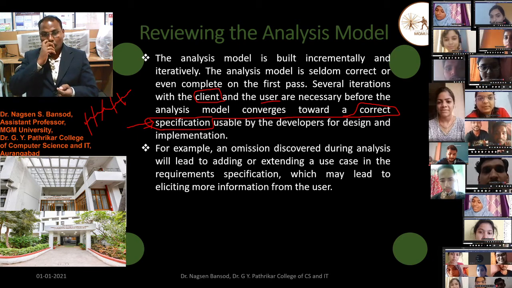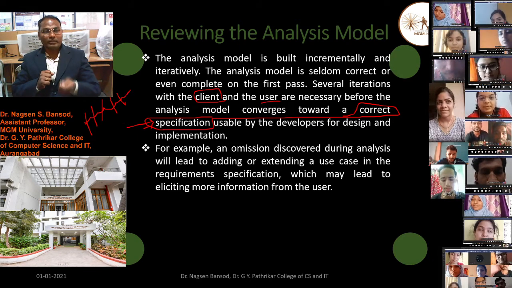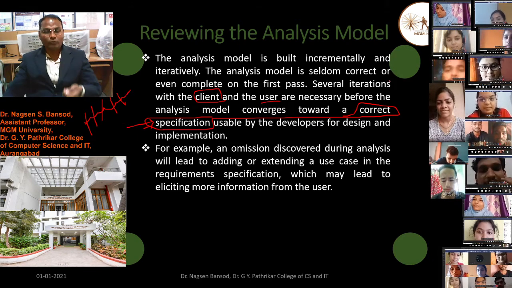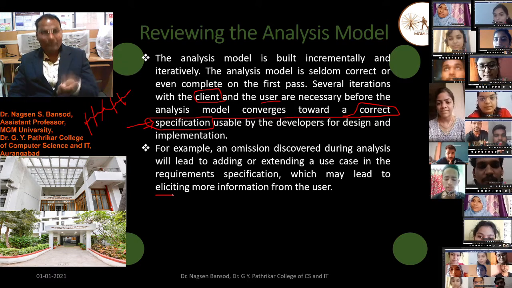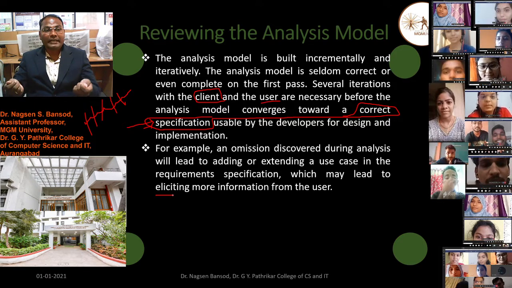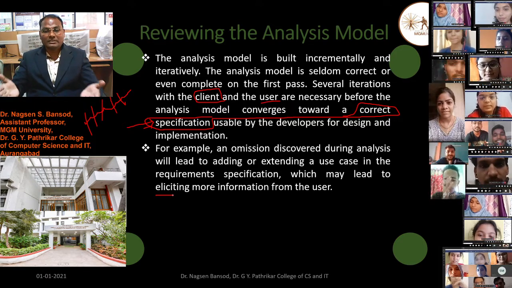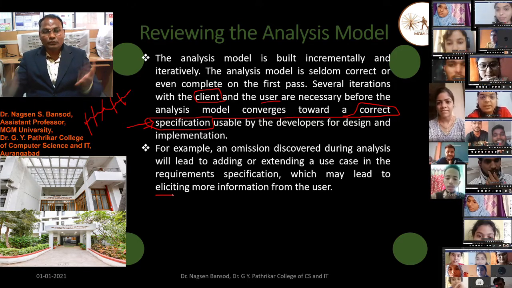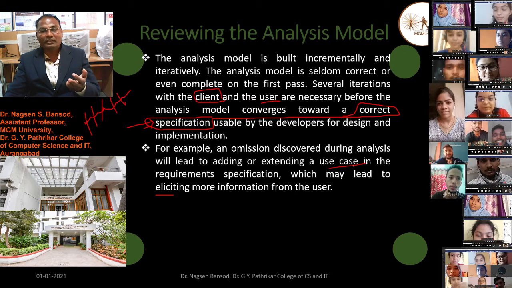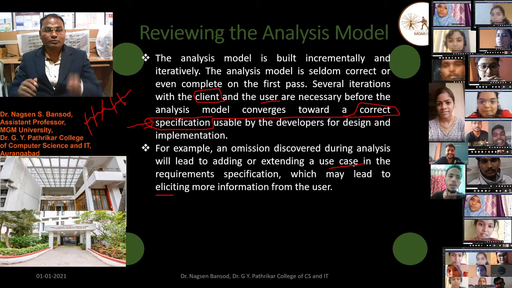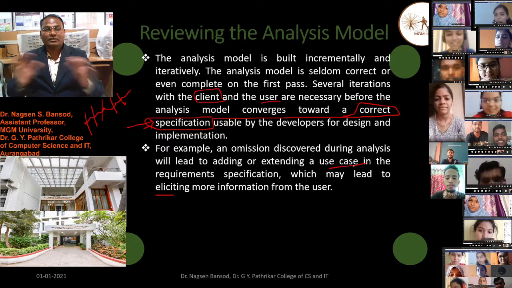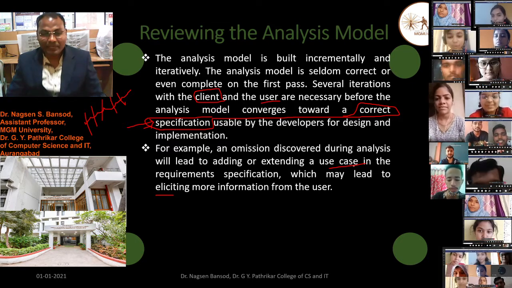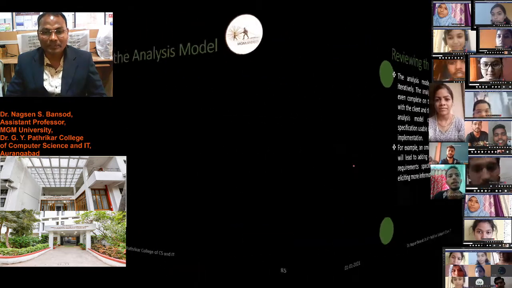Elicit means to collect that information from the client, so we will get appropriate use cases or sufficient information from the user and client, and then decide. This is our software development specification.